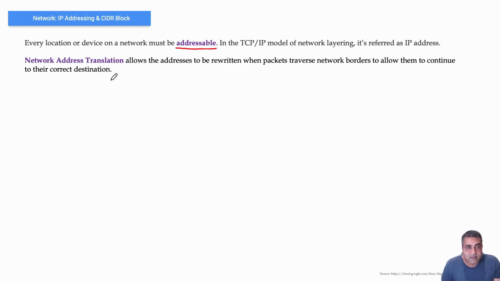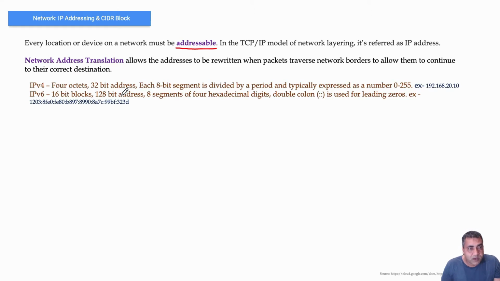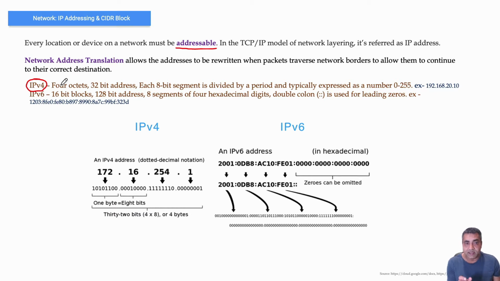Network address translation allows the addresses to be rewritten when packets traverse network borders to allow them to continue to their correct destination. Now, as part of IP addresses, there's IPv4 and IPv6. IPv4 is the fourth generation. It has 4 octets and it's a 32-bit address. Each 8-bit segment is divided by a period